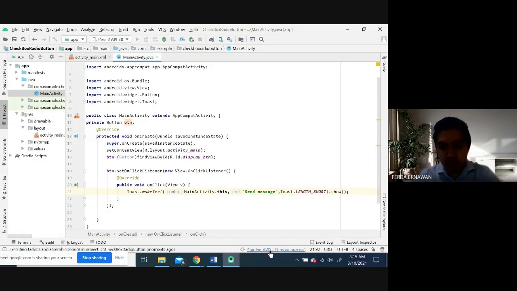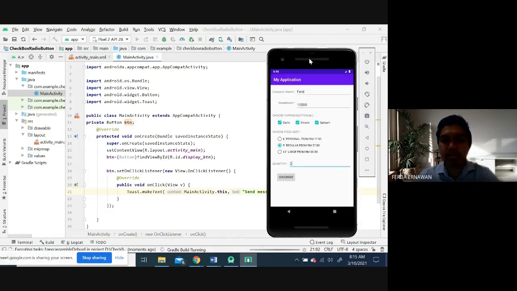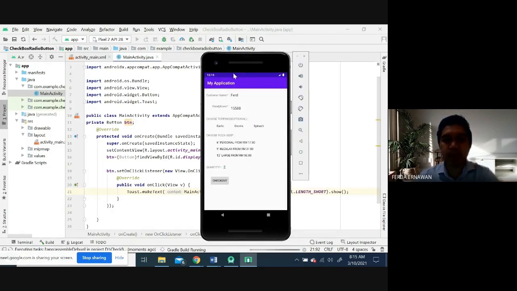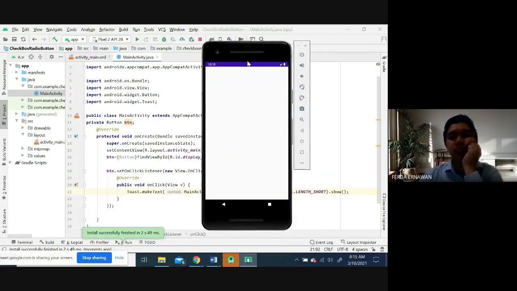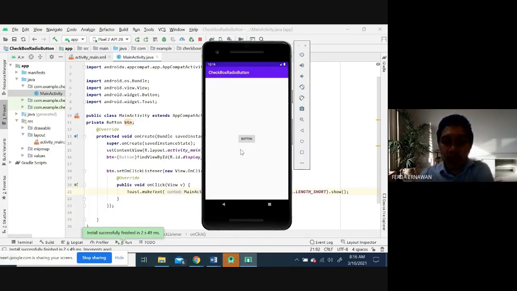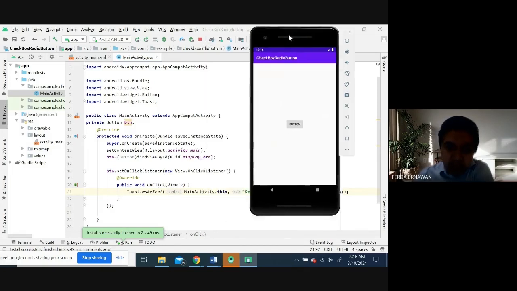So this one, I already use the virtual device, the emulator running. When I click this button, it should trigger a message.